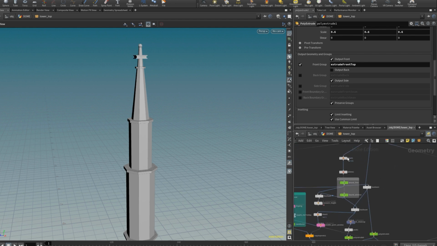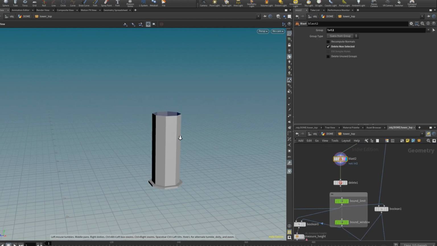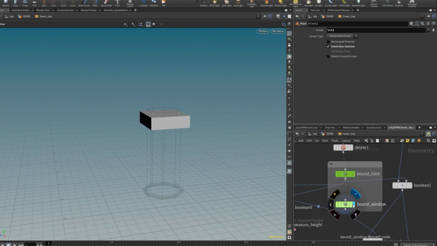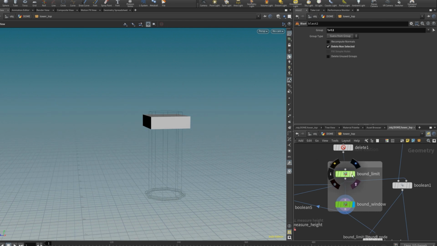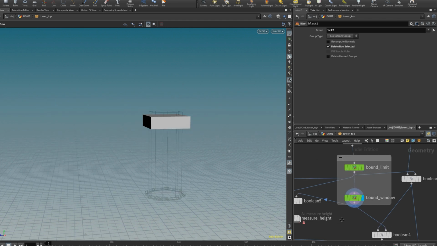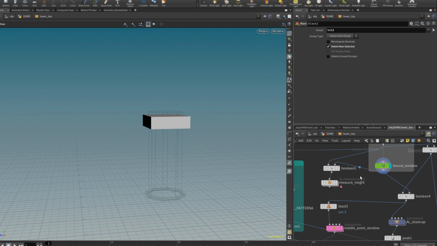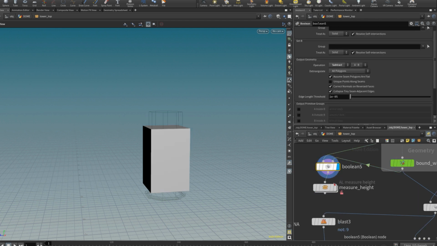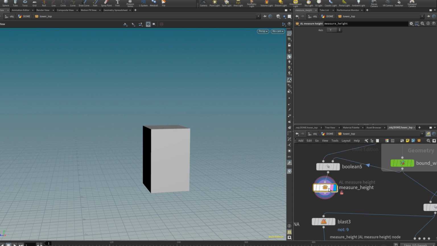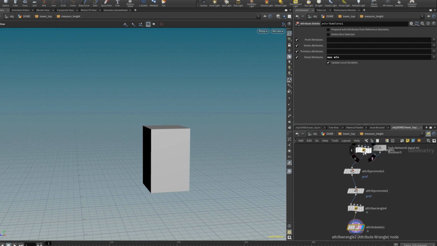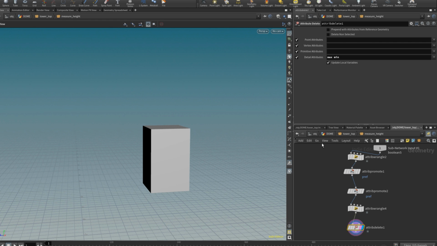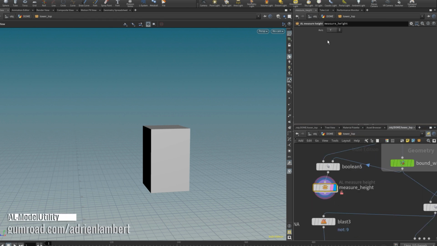But thanks to the groupings, you can always blast everything but a specific group, like in this case, and I'm using a bounding box to define some region that's going to define where I want the column to stop, start, and in here, this box will define the height of the columns and where they start, where they end, this kind of thing. Created this HDA to just bring data like height as a detail attribute.